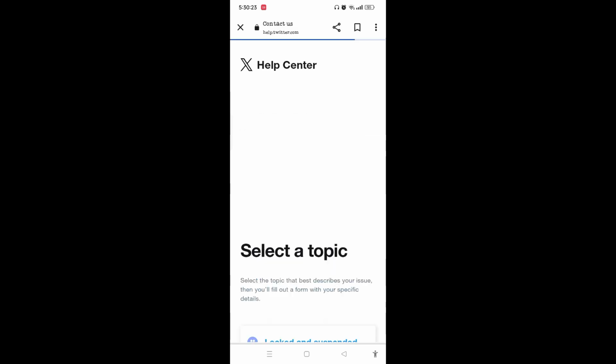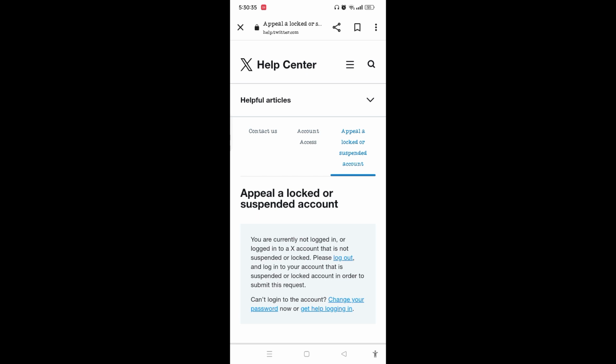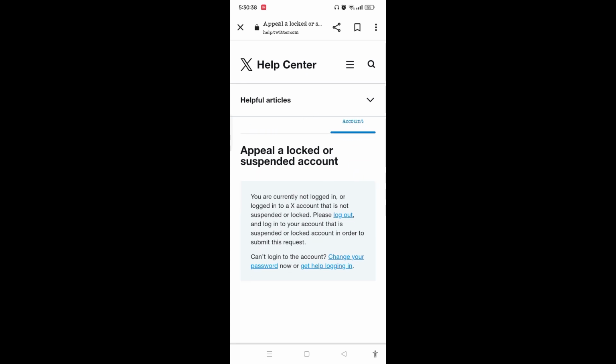You will appear on this help center. Under the select a topic, you will find locked and suspended account issue. Simply tap on that. Once you tap on that, you will appear on this page where here in the box you can see